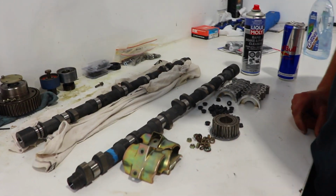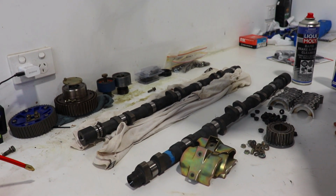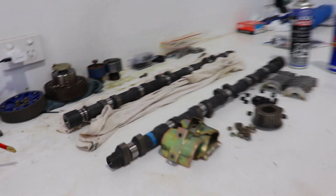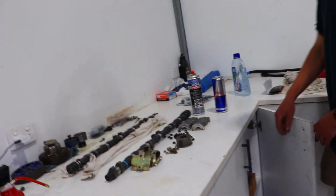What do we got here? Got some Camtech 272 cams, mate. Big lumpy boys. Just for all the wank factor. We'll get it to top dead centre before we go putting any cams in, so we get our timing right. My exhaust cam's a 272. My intake's a tiny bit smaller, but